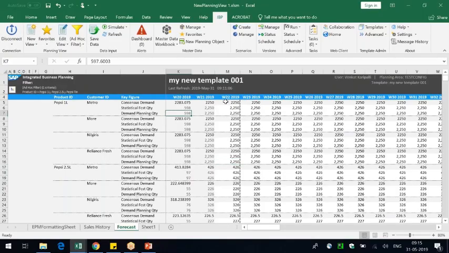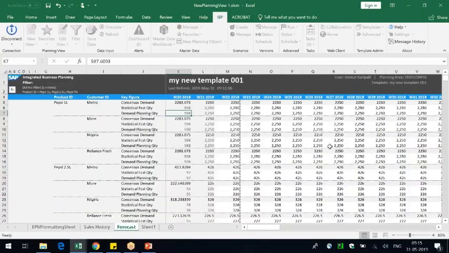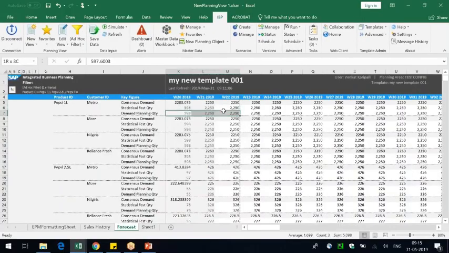If the frozen horizon is 1, just write the conditional formatting. If it is 1, do a color formatting. If it is not 1, don't do a color formatting. So that's it. In the frozen horizon, you'll always see some kind of color appearing on the planning view, so that the planners will understand that these periods are frozen, and they will not do any planning in there. So that's the thing about the planning views and the EPMs.